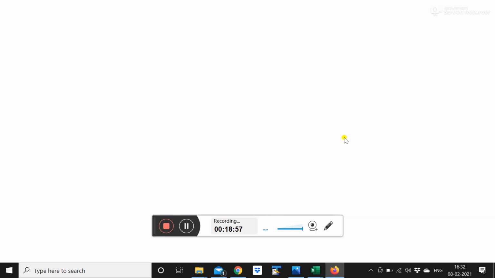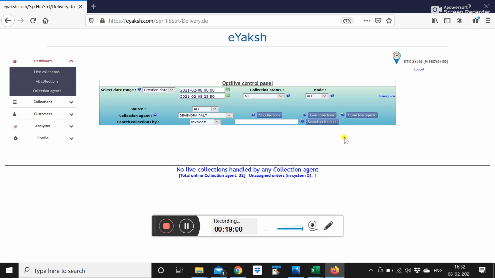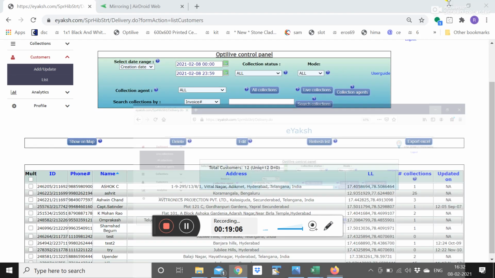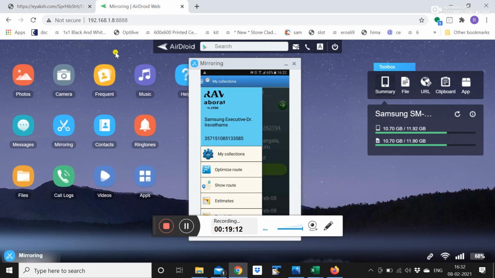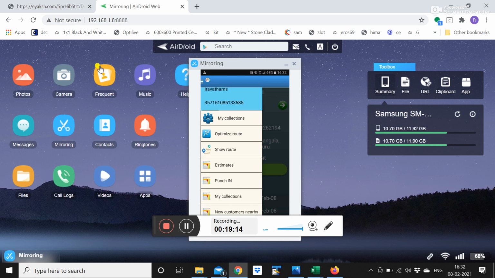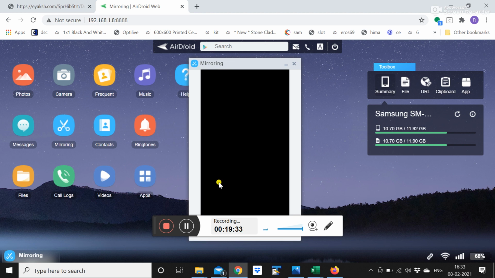Going back to the screen wherein you want to see how you have created a collection and how your Flebo has taken up the task. Now just wanted to show one more thing. There's something called a punch in and a punch out. Punch in, punch out is like how you capture the attendance in the office. The same fundamental thing will capture the attendance in the field. It will capture the selfie of the Flebo along with the date and time stamp. So he has to click once a day. He has to do a punch in for whichever location he is starting from.